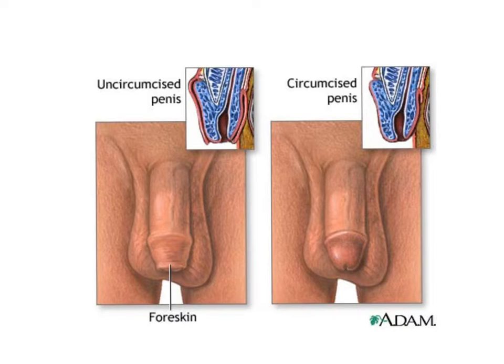So this is just a picture of what the difference is. An uncircumcised penis with the foreskin, you can see right here, and a circumcised penis without the foreskin right here. So here you can see the glans a lot easier than you can with the foreskin intact. There is no functional difference between males who are circumcised and who are not. Everything functions just fine in both